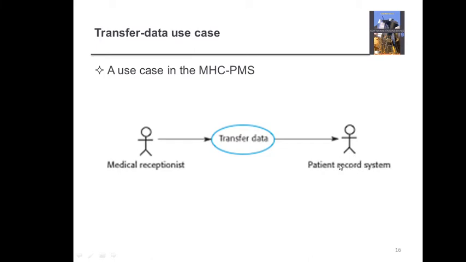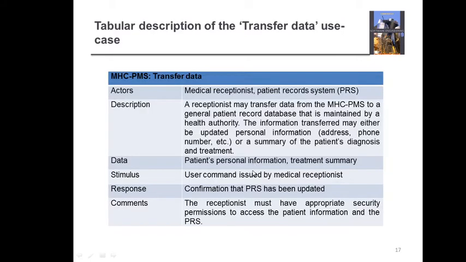While for the patient record system, the arrow will not be pointing towards this use case, because this scenario or statement says we have to transfer the data to the patient record system. So definitely it will be pointing towards this patient record system only. So you can understand it from here. A use case diagram can be made for the entire system also, or it can be made for small scenarios as per applicability, right? So this is just a small scenario. Now a tabular description is given for each of the diagrams.